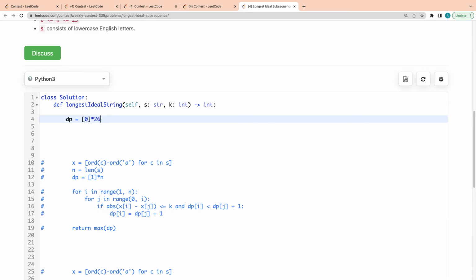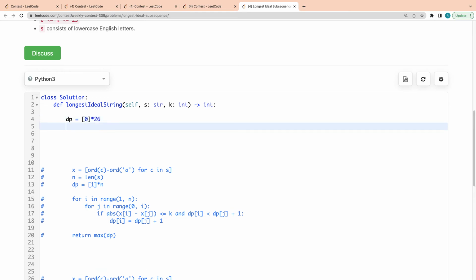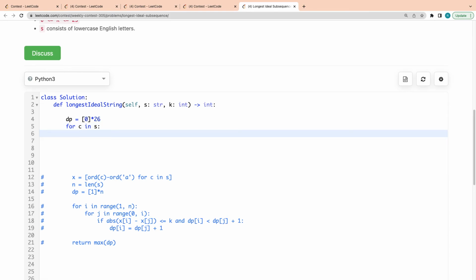That will be of length 26, right? And what I will be doing is, let me just iterate over the string, right? So this is the string which is given. Okay, now for every character, right? I mean, here I am trying to